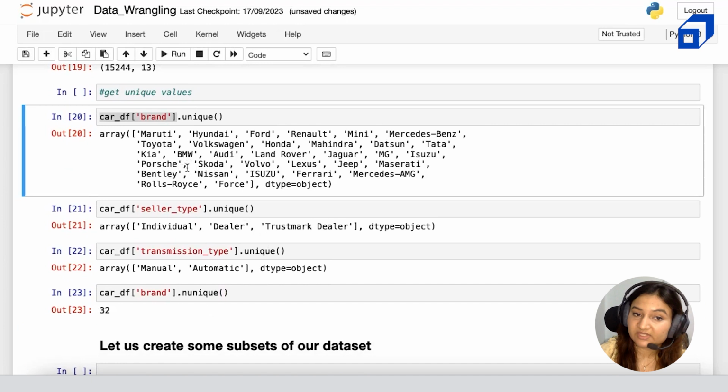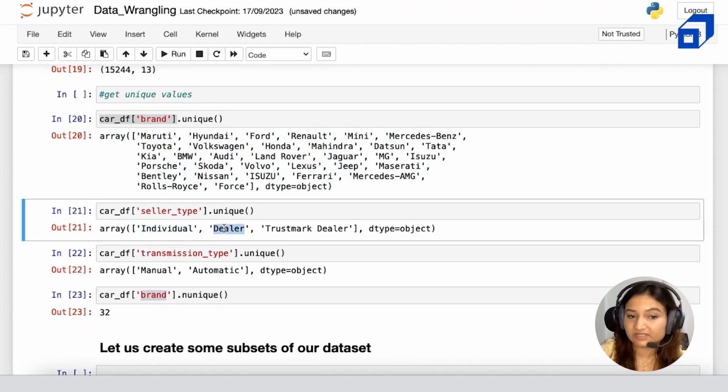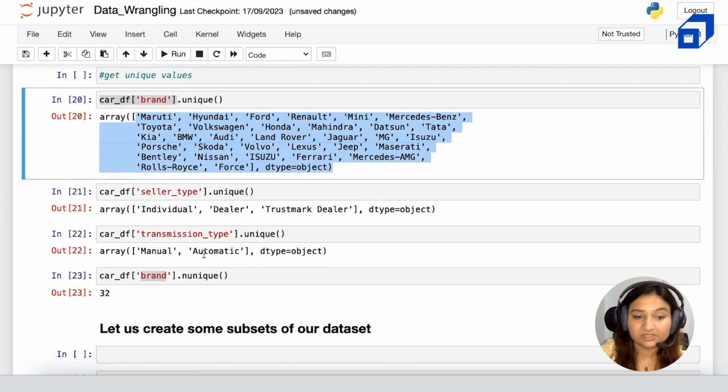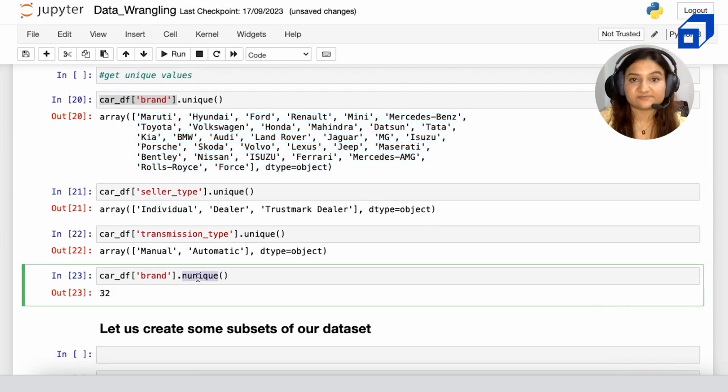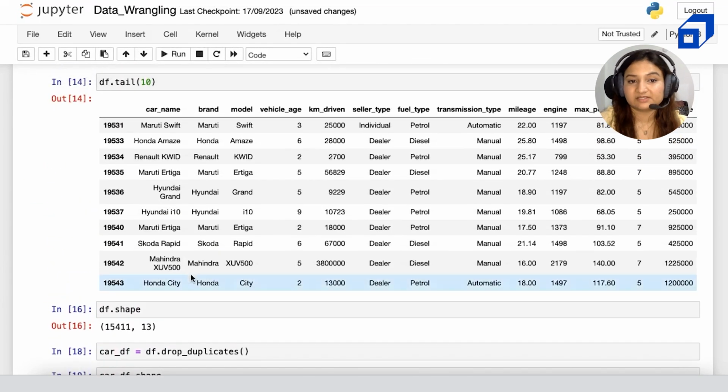Okay, so you can also verify by counting from here. So there are 32 unique values in the column brand. Okay, these are easy to count, but this is not easy to count, right? So you can use this method. Okay, now let's come back